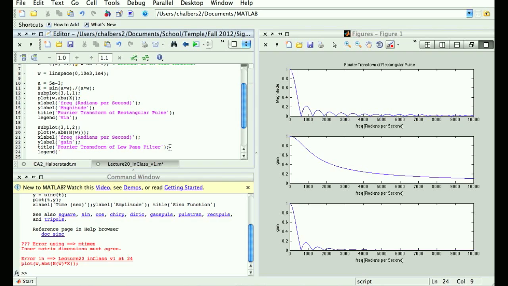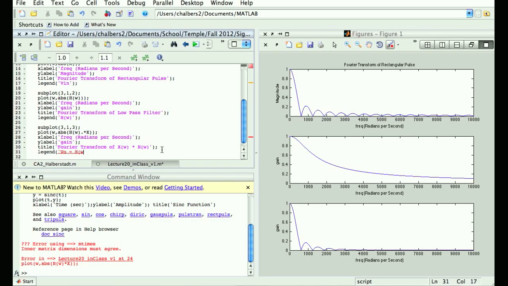Does that make sense? All I'm doing is just plotting what we derived on the board, right? We started with a differential equation. We took its Fourier transform. We solved it. So the Fourier transform of the differential equation told us that the output Fourier transform is equal to the input Fourier transform times the transfer function. So what this implies is,